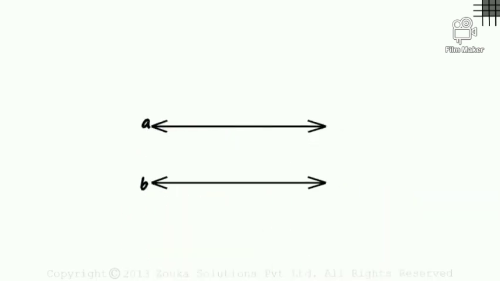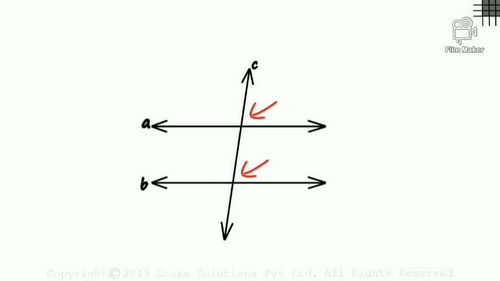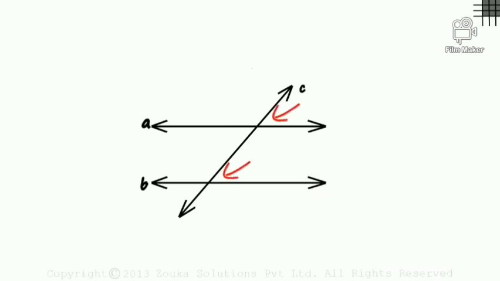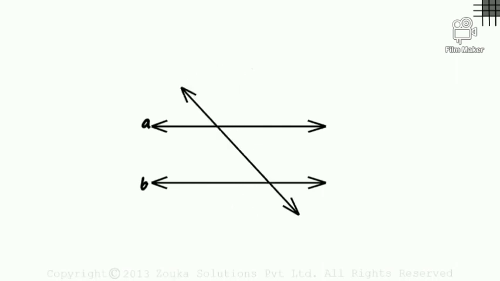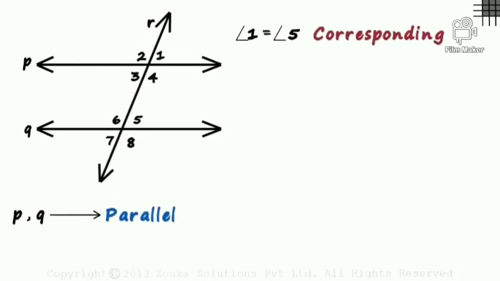Assume lines A and B are both parallel to each other. Now I have drawn the transversal C. So two angles are formed. Here the transversal is rotated to the right. Two angles will be formed, and those two will be equal. Now I am rotating the transversal to the left. So two more angles, obtuse angles, are formed. Those two also will be the same. Here it doesn't matter what the position of the transversal is. Now I am going to the previous page.